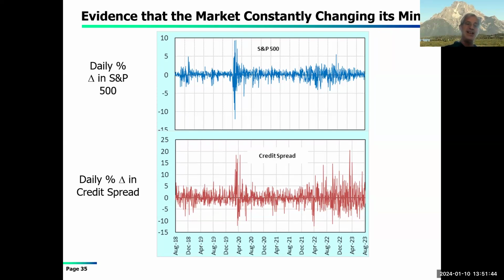And one of the things that markets do is they make up their mind every single day that these things are traded regarding how much they're worth. And if they're so smart, how come they keep changing their minds every day regarding what's going on? And this includes, in this particular graph in the blue line, the S&P 500, which is a broad index of stocks, versus a percentage change in the credit spread from the prior two graphs.